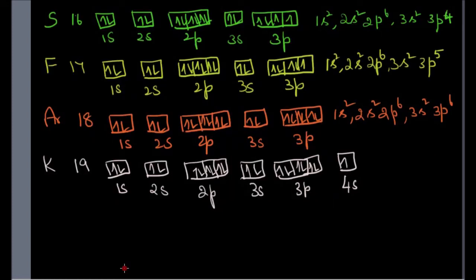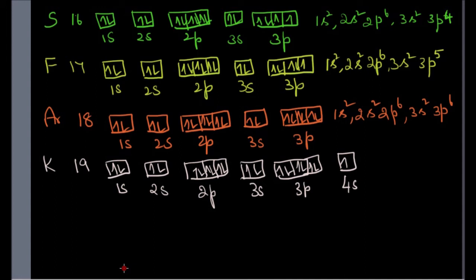You can continue to write the electronic configuration till argon with 18 electrons, following the rules that you learnt so far. But when you write the configuration of potassium with 19 electrons, there is a slight variation. You would expect the 19th electron of potassium to go to 3d orbital, because you know the third shell contains 3s, 3p and 3d orbitals. But you see what is written on the screen is the 19th electron is actually present in the 4s orbital.